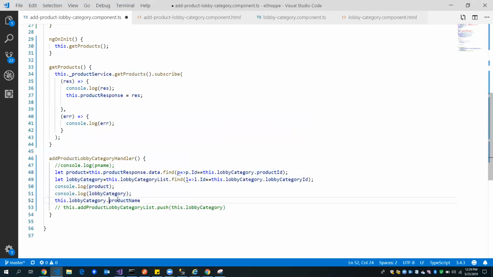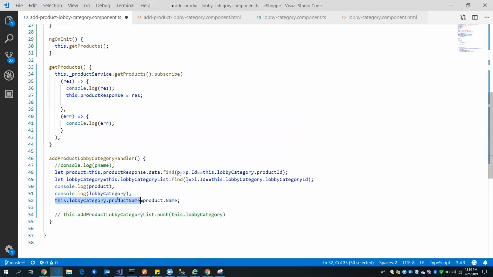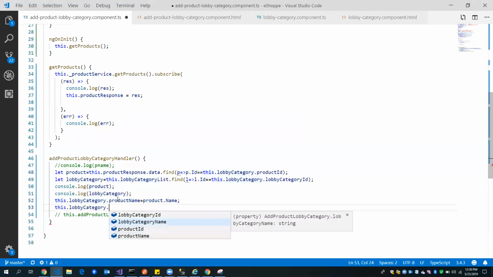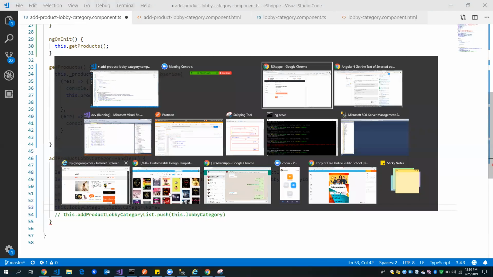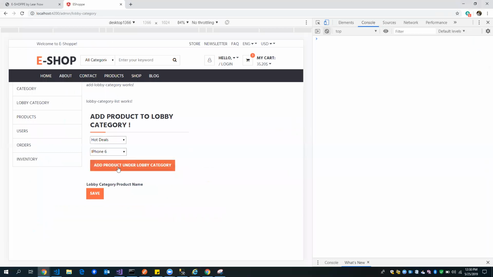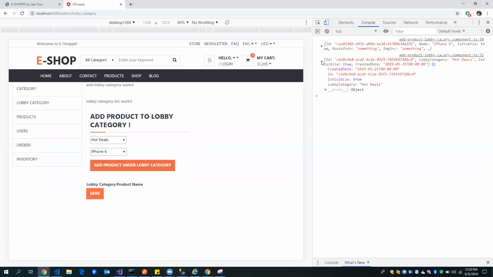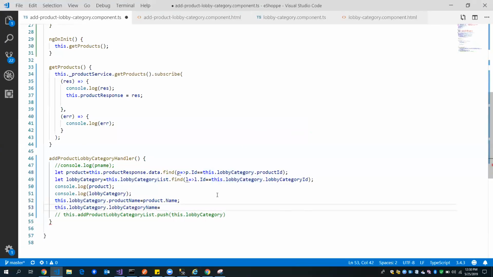Say product equals product dot name, and you say this dot lobby category name, which you will get from here. Say lobby category dot